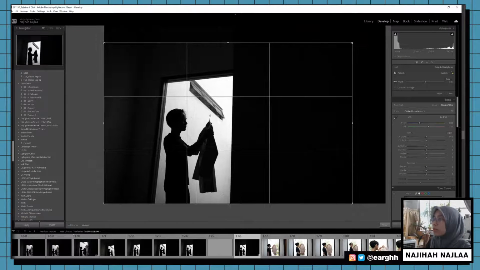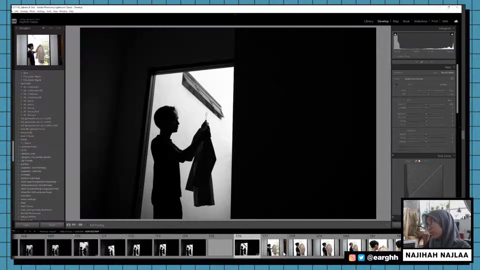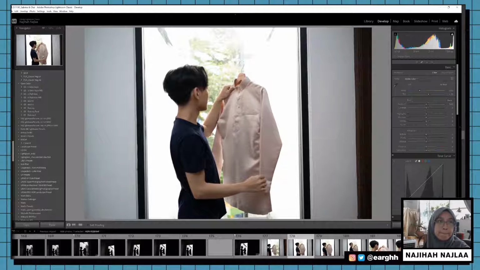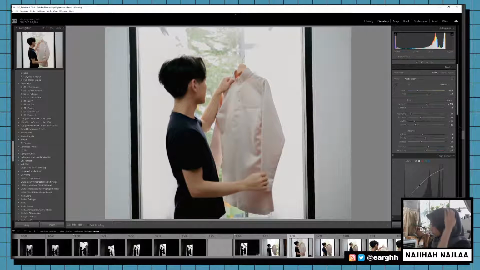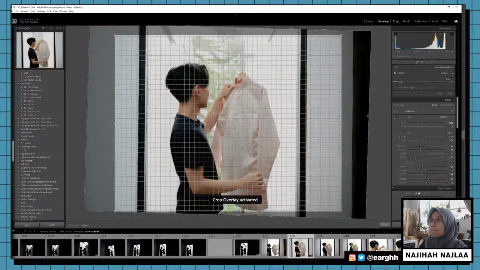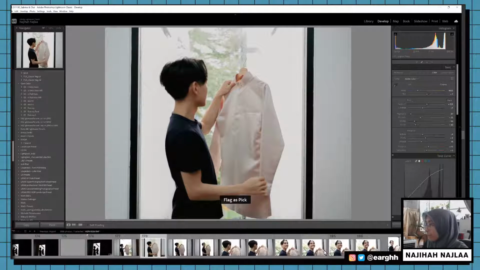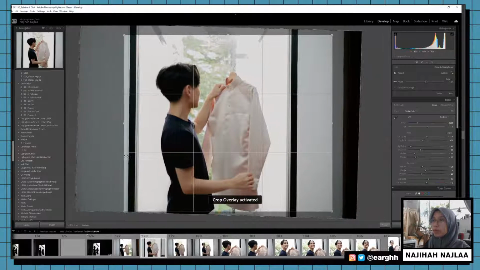Sometimes I'm like, is it too much cropping, or is it too little and stuff? Maybe I should crop it based on